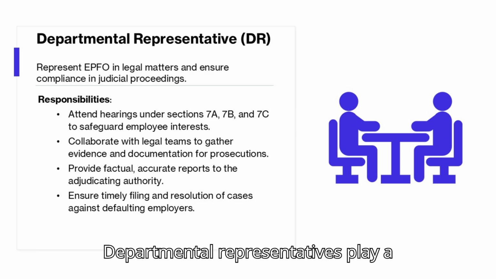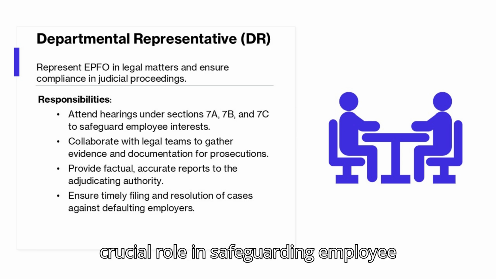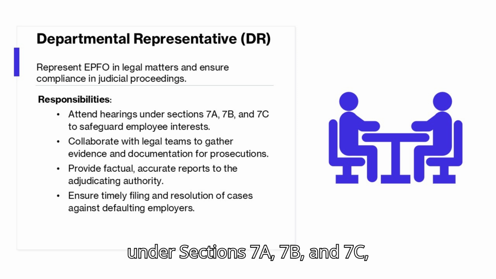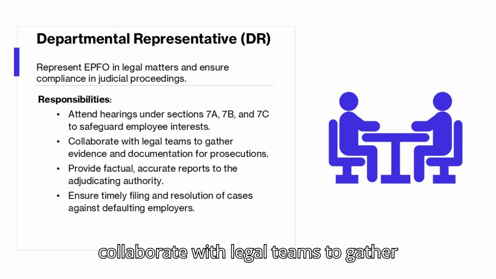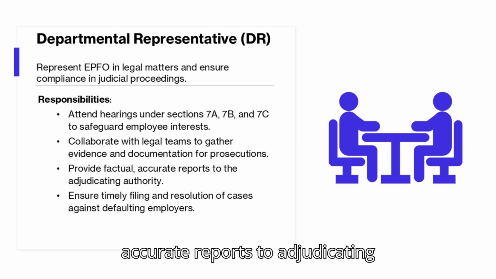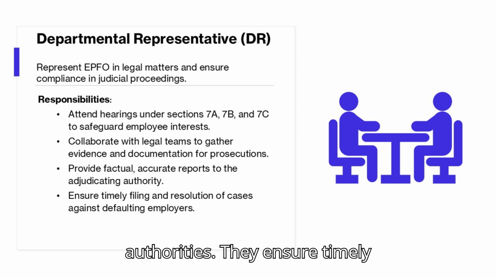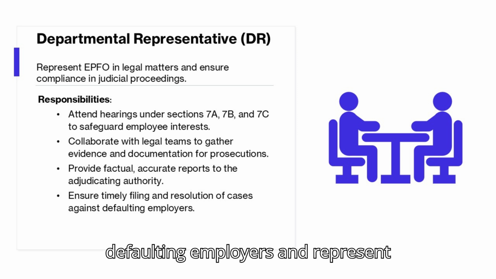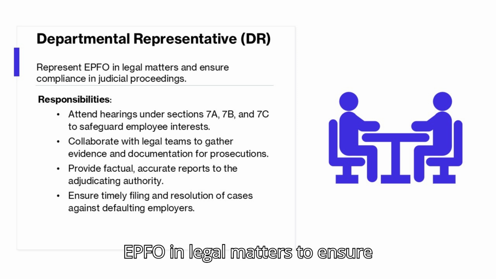Departmental representatives play a crucial role in safeguarding employee interests. They attend hearings under Sections 7A, 7B, and 7C, collaborate with legal teams to gather evidence and documentation for prosecutions, and provide factual, accurate reports to adjudicating authorities. They ensure timely filing and resolution of cases against defaulting employers and represent EPFO in legal matters to ensure compliance